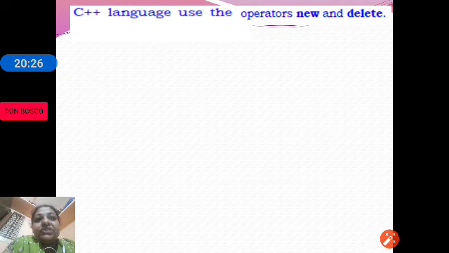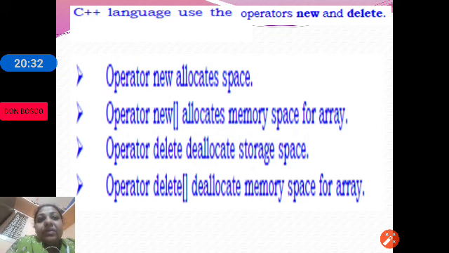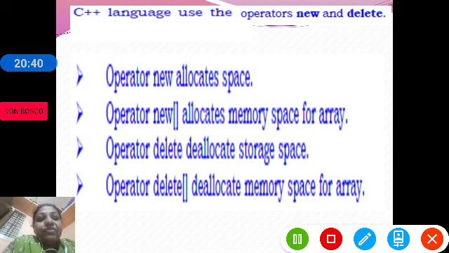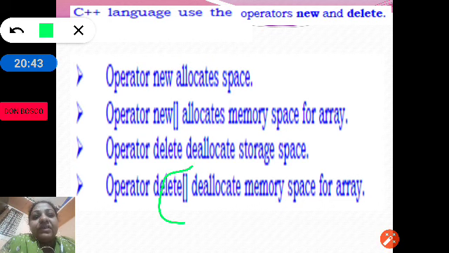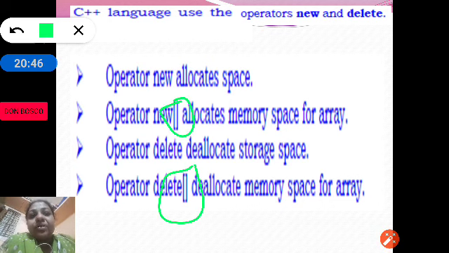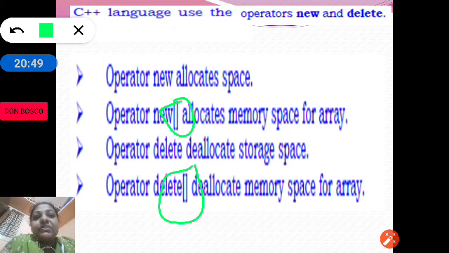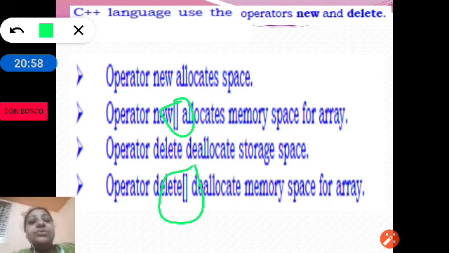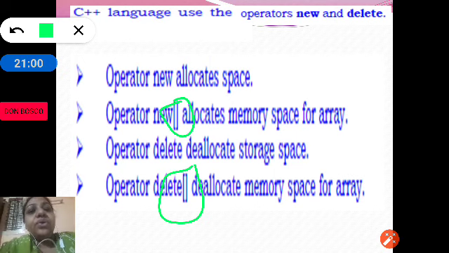The new operator allocates memory, whereas delete deallocates storage space. If you want to allocate memory for an array, you give square brackets. Operator new allocates space for array, whereas delete removes the allocated space for array.